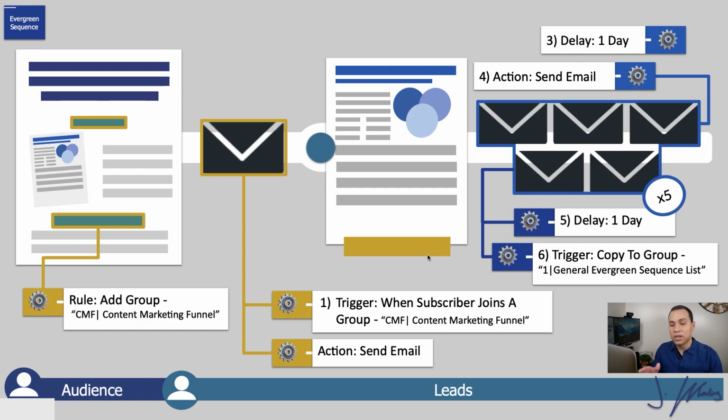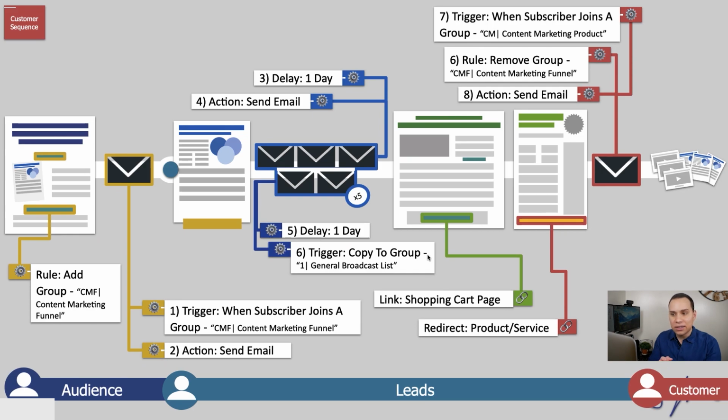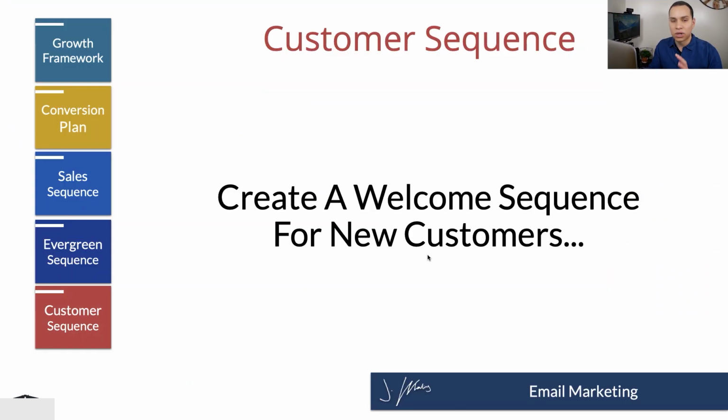And now we want to handle what happens if someone actually purchases our product or service, right? The ideal scenario. They're going through that sequence and somewhere in there, they finally say, you know what, I think this product or service is for me. I'm going to go ahead and buy it. And if they do, our diagram gets a little more complicated. The good news is we only have really 3 more steps to go, 7, 6, and 8, even though this diagram is getting a little cramped. So let's go back over to MailerLite because we're going to create the sequence for our new customers.